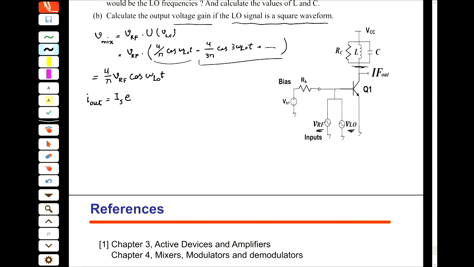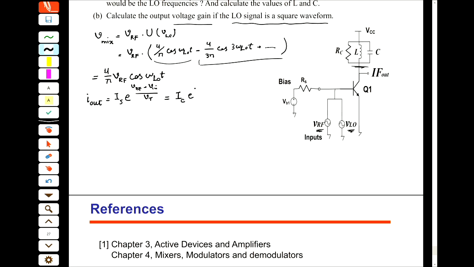IS e to the power VBE plus V in divided by VT, and this VBE is the bias, I mean the DC one, and the V in is the vmix that we applied. Okay. So this is equal to IC